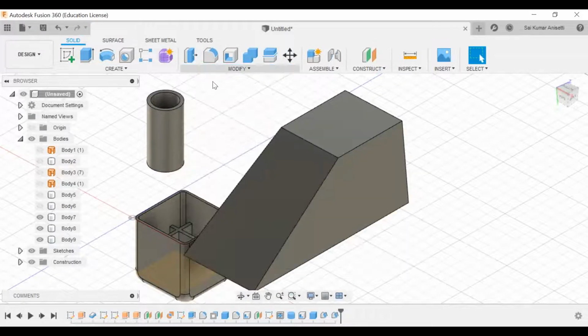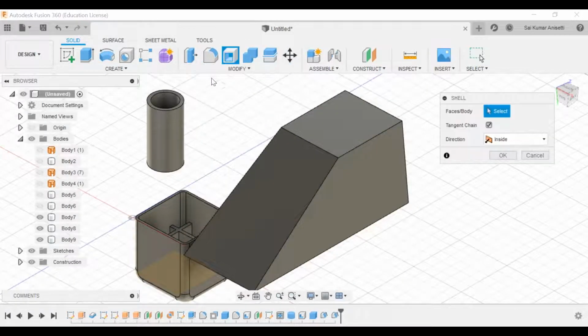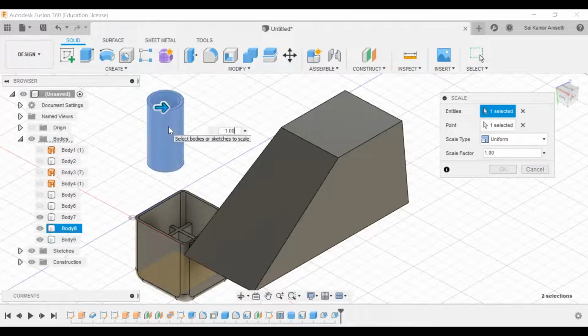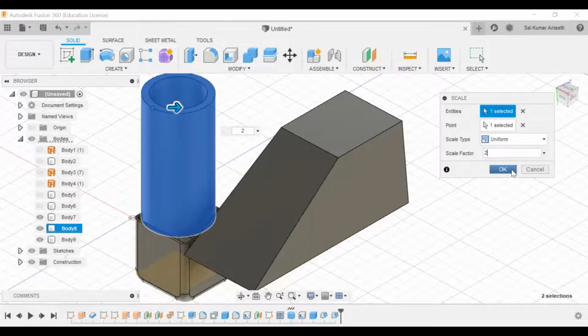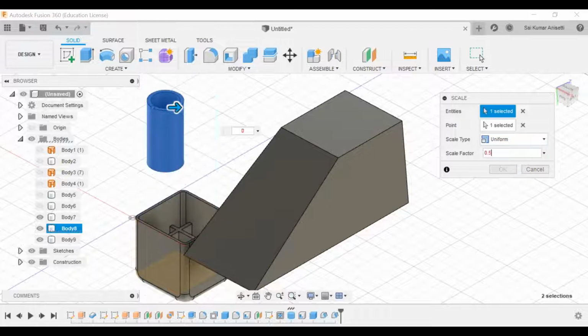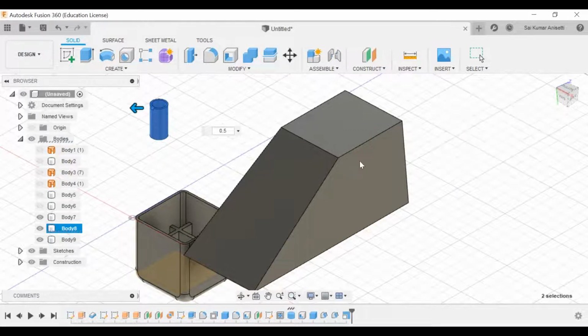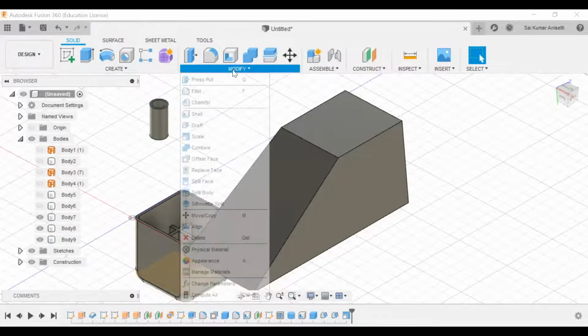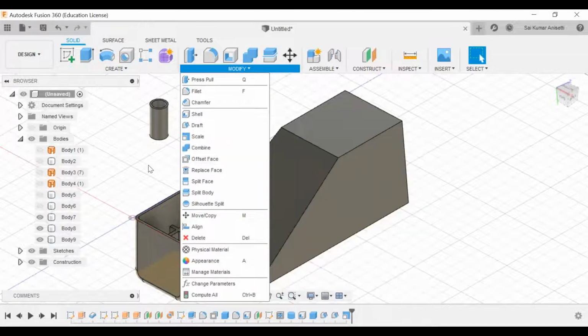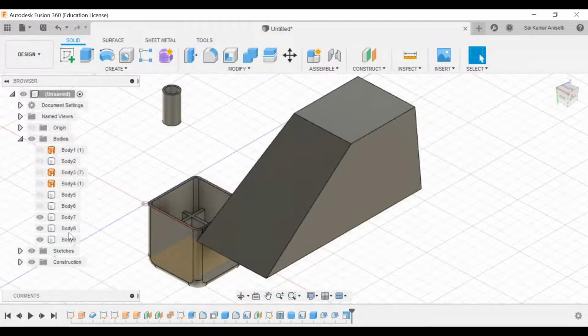And simply going to the scale operation, you go to scale, select the entities, and select the point, it automatically takes it. Give the scale value as 2. It will increase the size and shape of the object by that scaling factor. Scaling factor can be half of it, or 2 times of it, 0.5 times of it, whatever it might be. Click OK. That is straightforward, a scale command. And combine. See, the combine option.